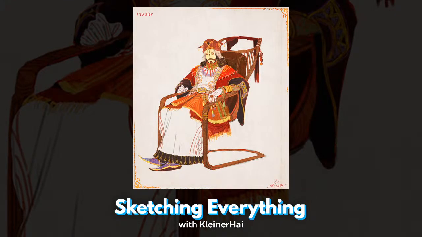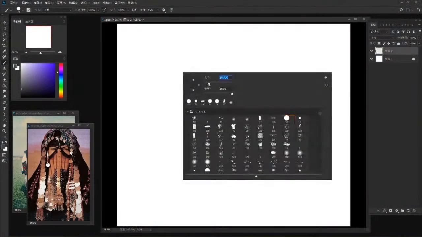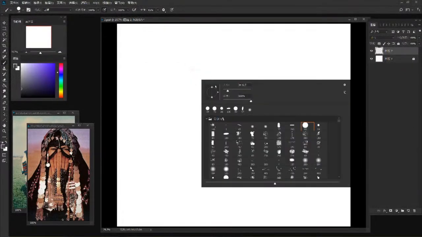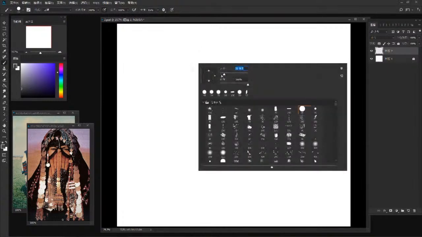I'm going to jump over to your computer screen here, Kleiner. And we'll start off the demo. Now, just to let you guys know, while we're doing the demonstration here, in order to allow Kleiner to really focus more on the sketches and not be bombarded with a million English language questions, he's requested that I also field some of the questions on today's show. So I'll be able to answer any of your questions as well.